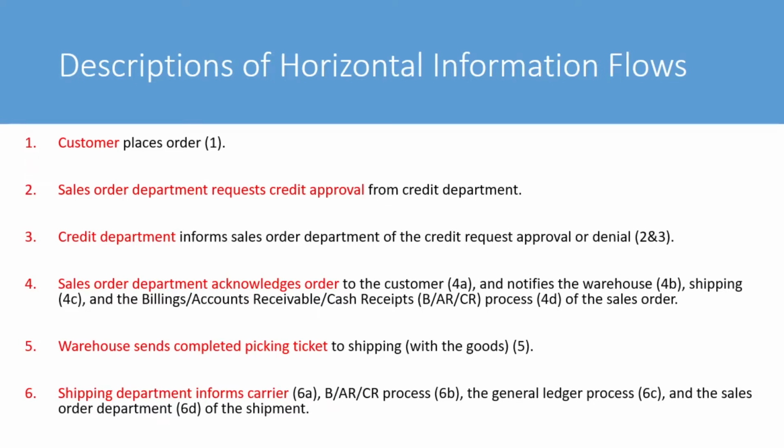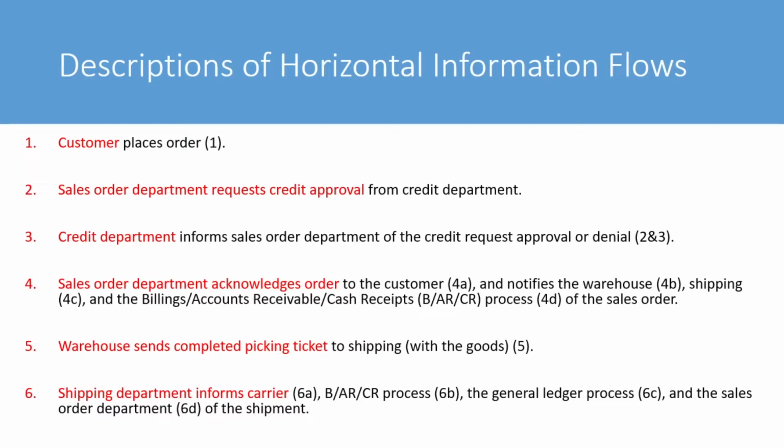So first, customer places order. Then sales order department will request the credit approval from the credit department. The credit department informs the sales order department of the approval. The sales order department acknowledges the order to the customer because the credit is now approved and notifies the warehouse,